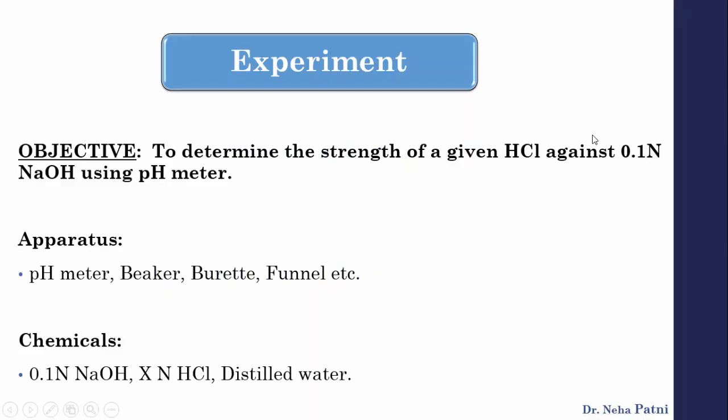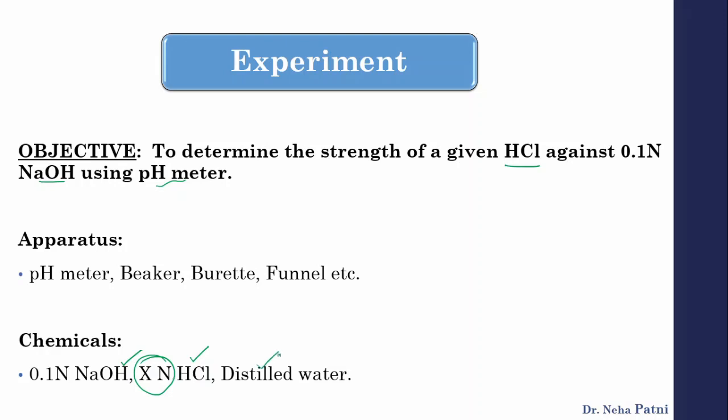So let us start. Your aim obviously would be to find the strength of HCl, and you have to titrate it with respect to NaOH, but we are going to use a pH meter here. So it is HCl versus NaOH titration, which you have done using phenolphthalein indicator. You got the color change and you wrote the endpoint. But here you are not going to use an indicator. If you see the chemicals, it would be only NaOH and HCl, and for HCl we have to identify the normality. That is the aim today.